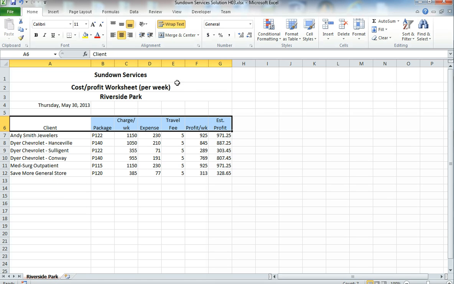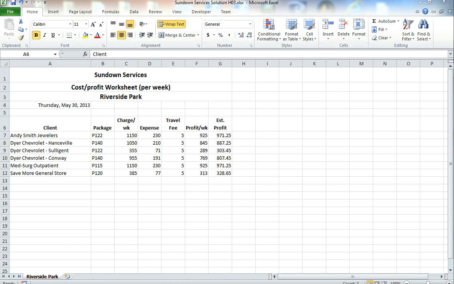We are going to bold it. And I centered all this. All right. Now, the next thing we're going to do, we're going to apply number formats. So I'm going to start in C8 and go down to C12, and I'm going to put in the accounting